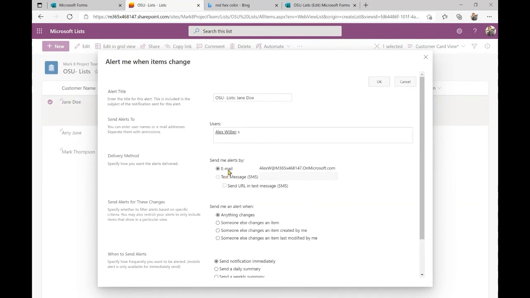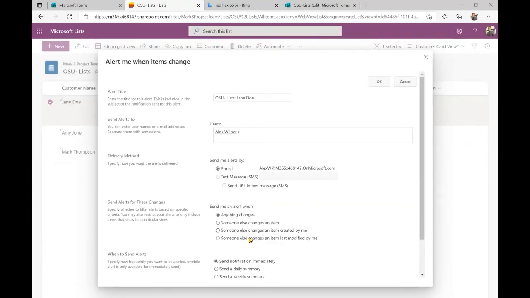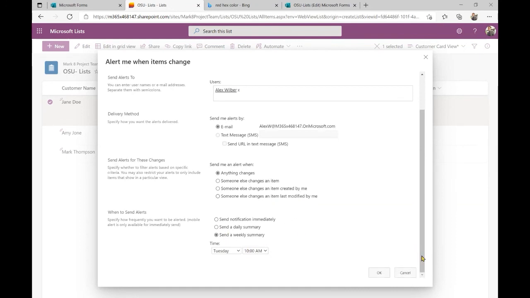It might not let me do this because this is a group list, but let's say I want to be alerted by email, then email anytime anything changes, or maybe only when someone else besides me changes the item, or all the items created by me if there are changes to it, or if they're just modified, I can have it send that to me immediately as it happens, maybe only once a day or once a week. I can choose to have alerts on this item.